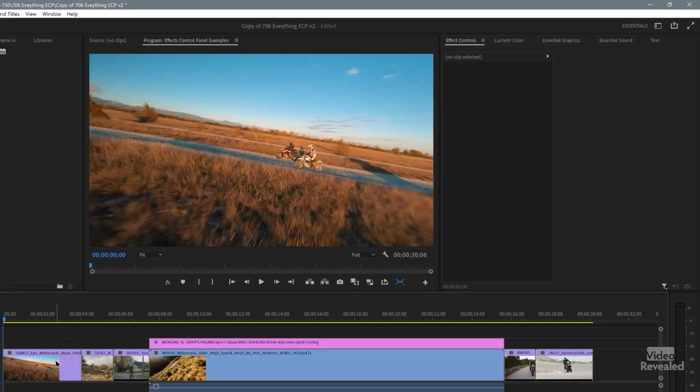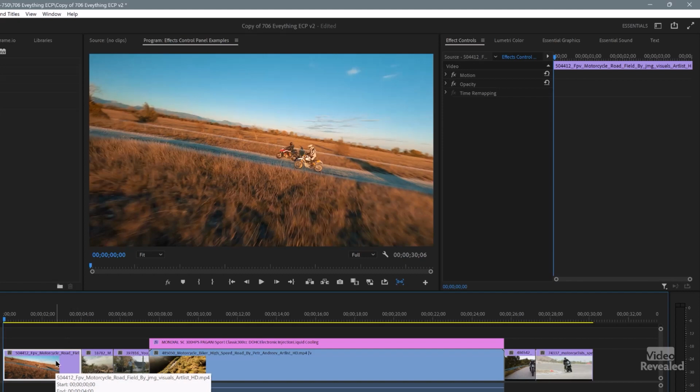I'll get to copying and pasting effects in a second. So that's important to know. All right. And if we wanted to add an effect,